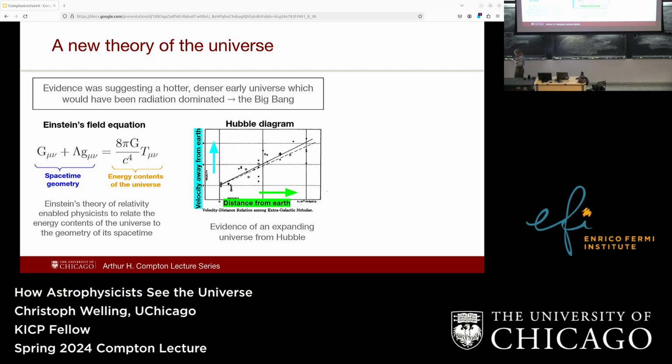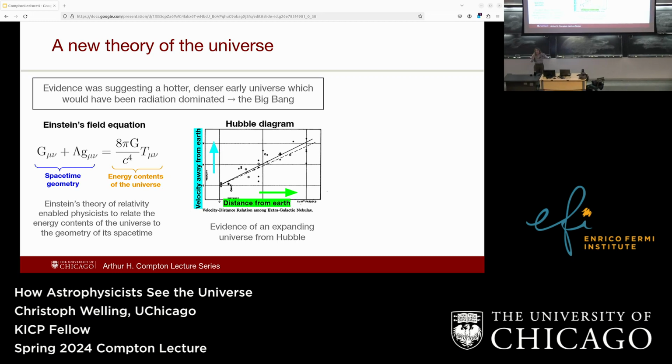So you don't need to know Einstein's equation to try to roll back the clock and imagine what would happen if the universe that we have now, which is mostly at 3 Kelvin when you're not close to the surface of an Earth, if you condense all of the makeup of the entire universe into a smaller volume, what's going to happen? Things are going to get hotter, things are going to get denser, and someone jokingly called it would be like a Big Bang. Well, the name stuck, and this was, again, a testable theory.